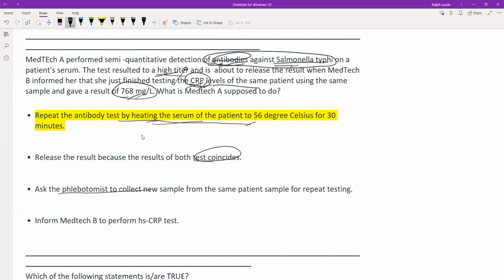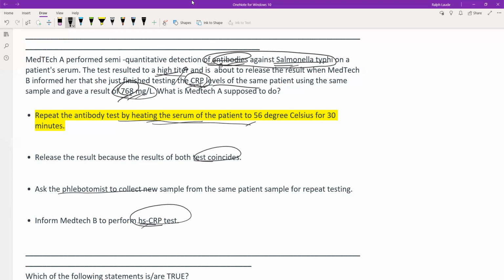Inform MedTech B to perform HSCRP test. Remember that your HSCRP is mainly to detect very minute amounts of CRP. Eto, 768. So no need for you to perform HSCRP. You only perform HSCRP if the levels or if the doctor has